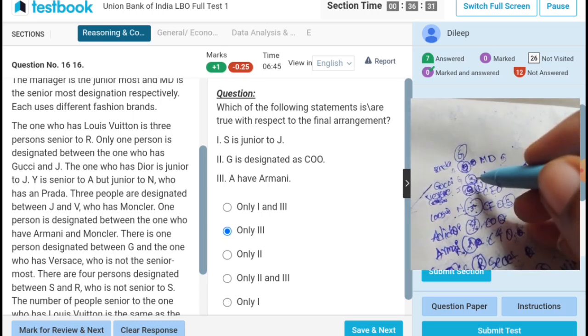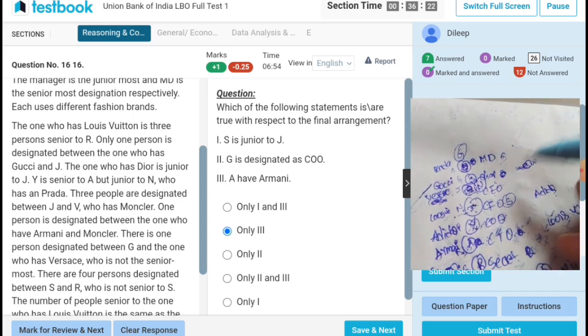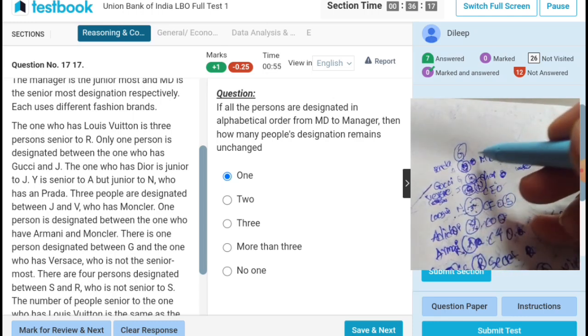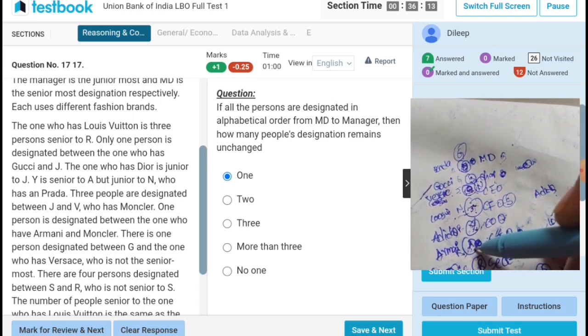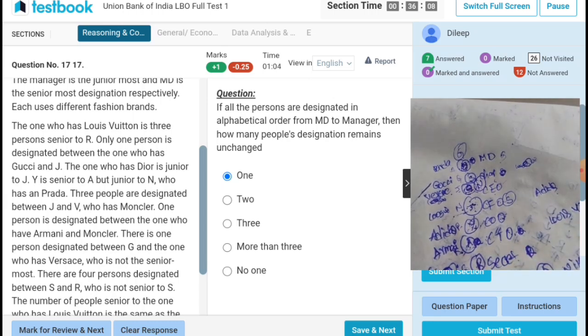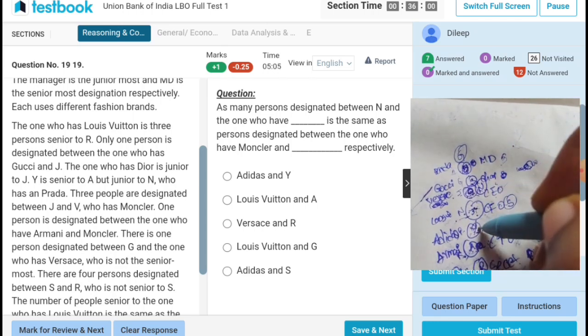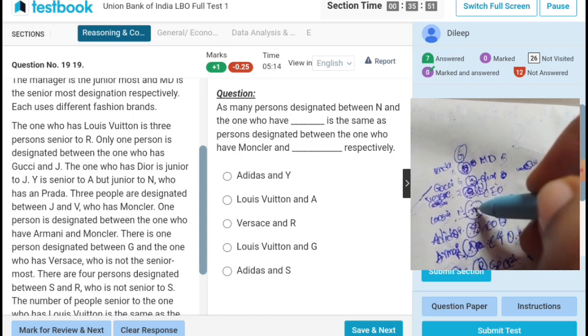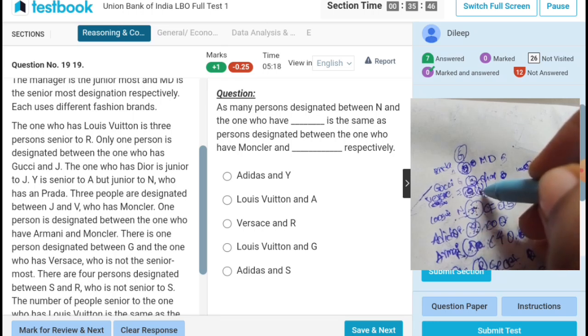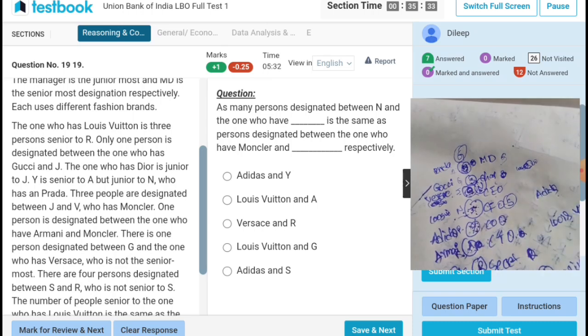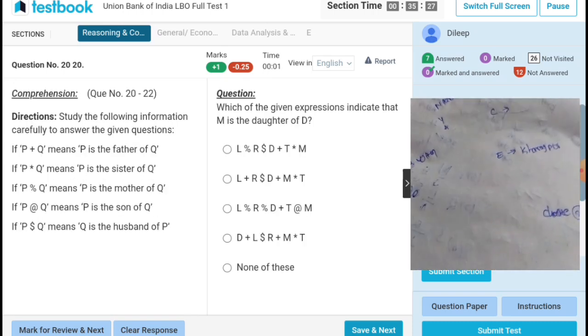S is junior to G. G is designated 0. A is... so N and Adidas is same as the Montclair, and the... is Indo Montclair. Next,